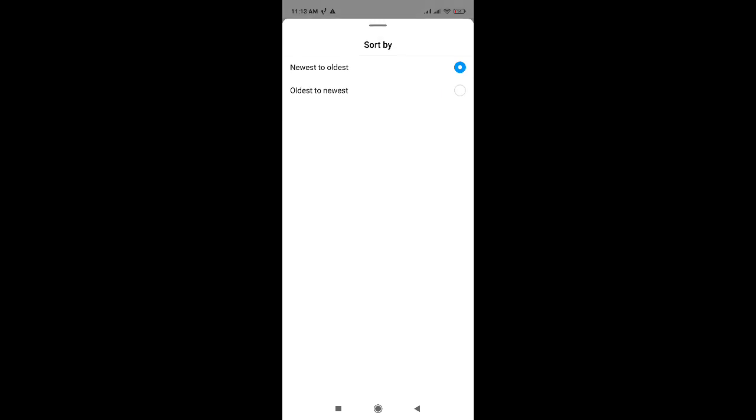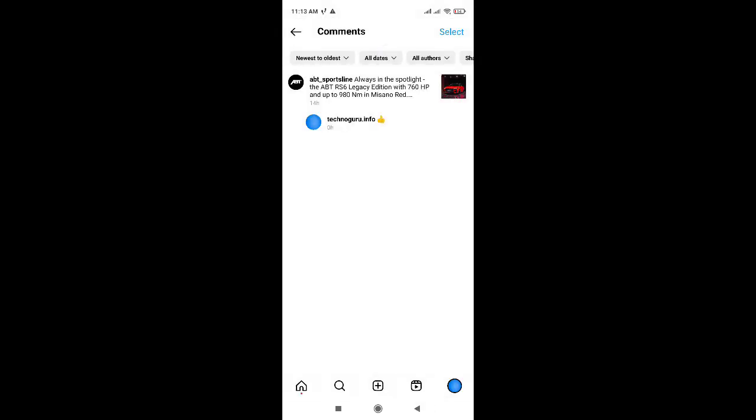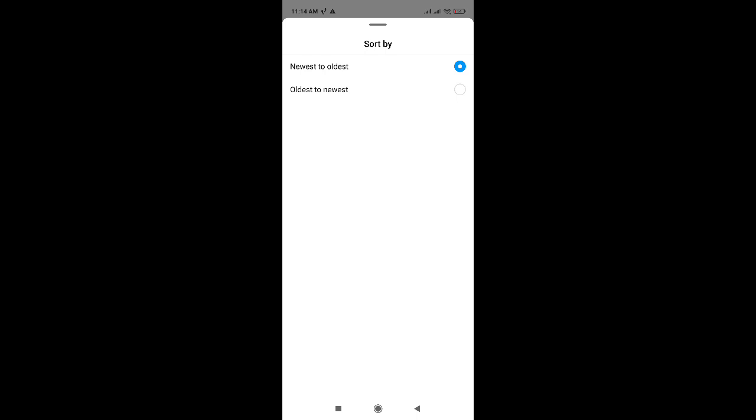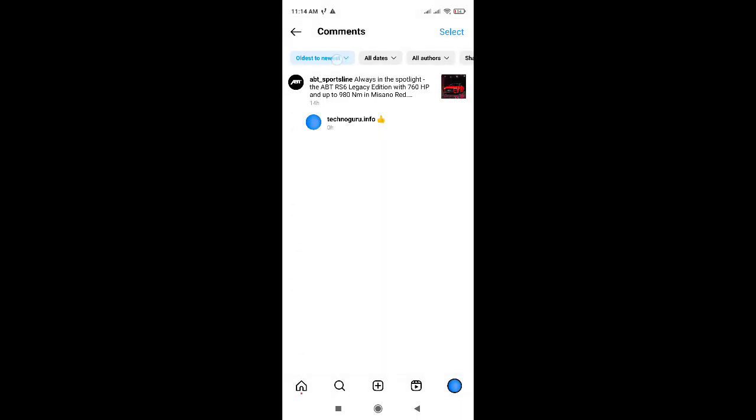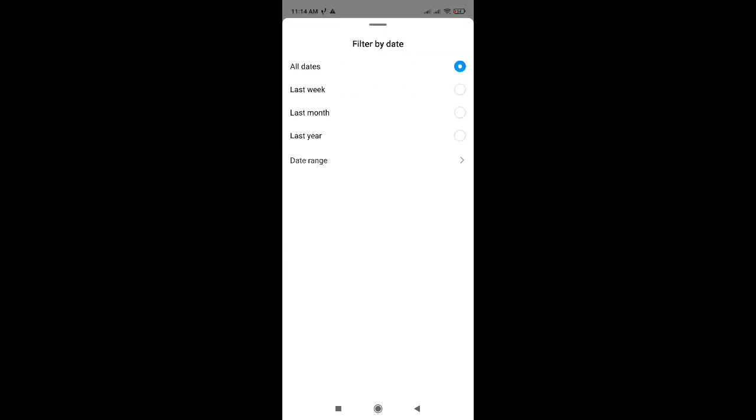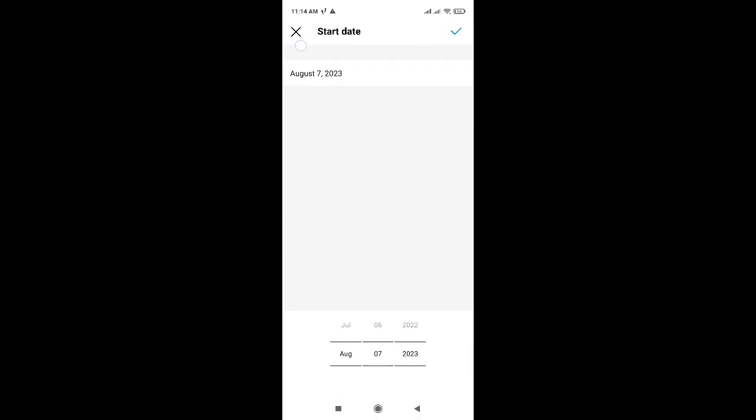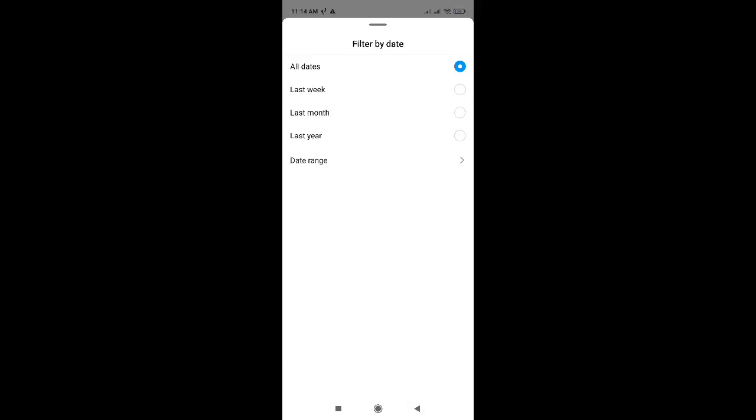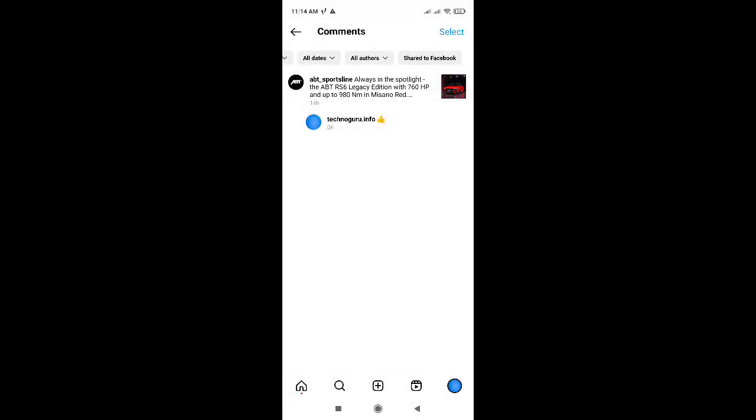We can, using this menu, set some parameters. For example, this and for date, last week, last month, year, and date range. Start date and end date. Or other all filters. And this all